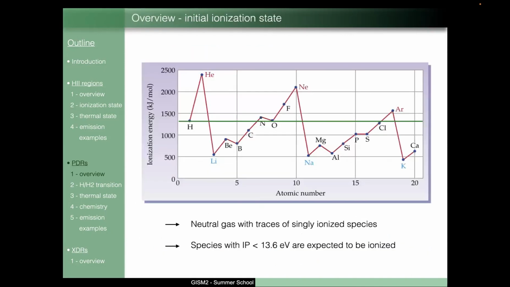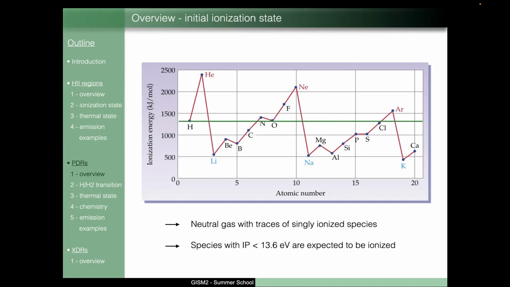And since we don't have any photon with energy larger than 13.6 eV, the chemical composition of the gas is basically given by this figure, which shows the ionization potential of different species as a function of the atomic number. So all species with an ionization potential larger than that of hydrogen are mostly neutral. This is the case of helium, nitrogen, oxygen, and so on. And all the species with an ionization potential smaller than that of hydrogen are singly ionized, so typically carbon, magnesium,